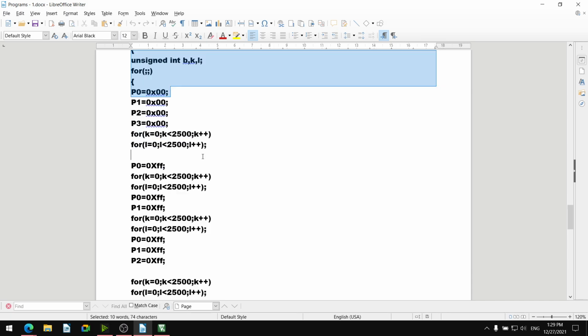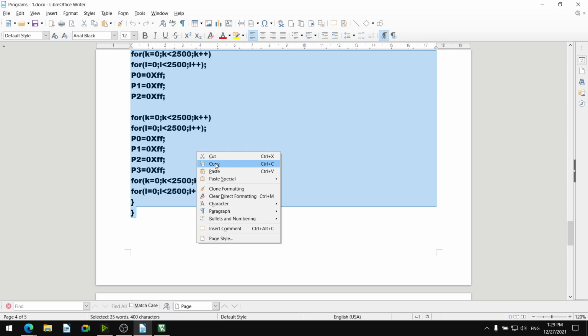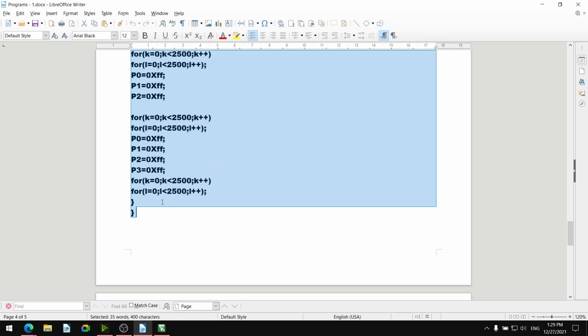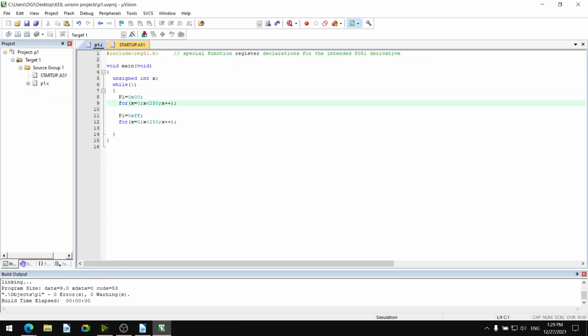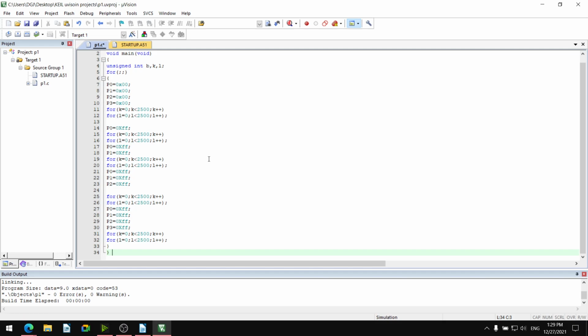So I will take this program, copy it, go to Keil MicroVision, and paste it. What is the program?